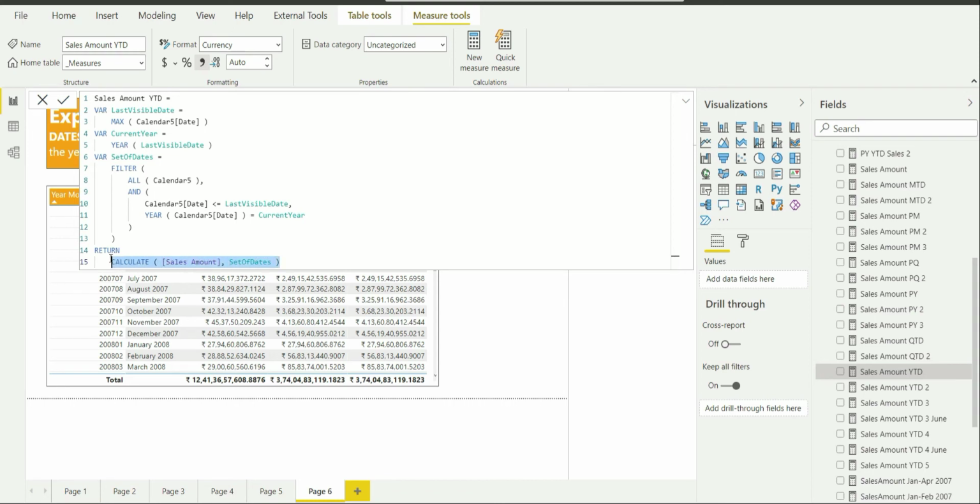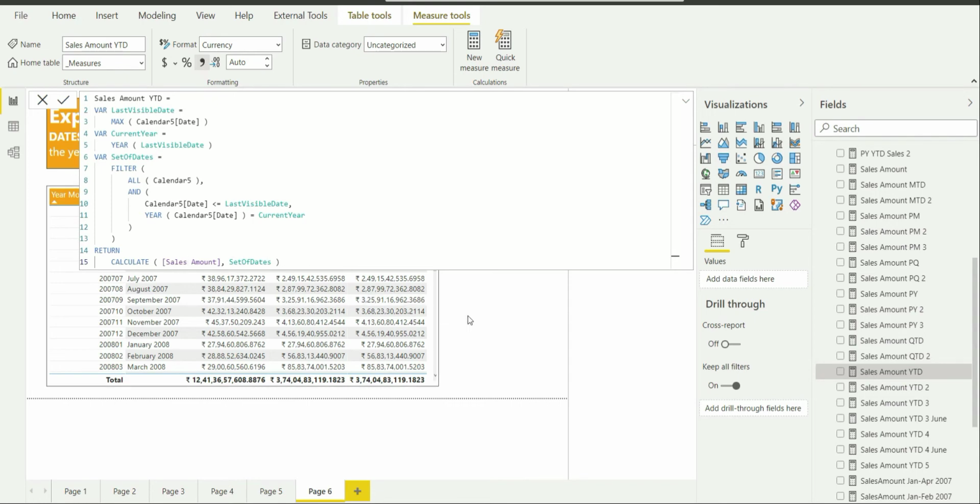So I am applying CALCULATE on sales amount over here, and the filter modifier which I am passing is set of dates. So it is going to sum up the sales amount for all the dates which belong to this set of dates table, this particular variable over here.